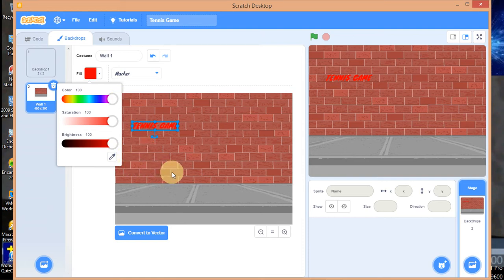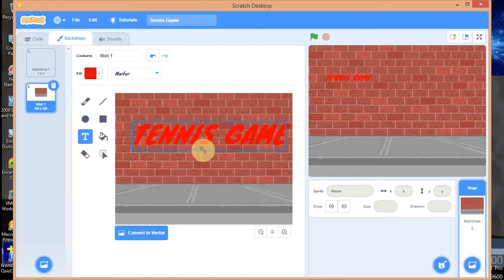Now next, I need to make this a little bit bigger, so size. To change the size, you just drag this, something like that, enlarge. Do you see now? So the size like that. But in that game, I'm not sure we used red color. We have to use blue. I'm going to change this to blue back.